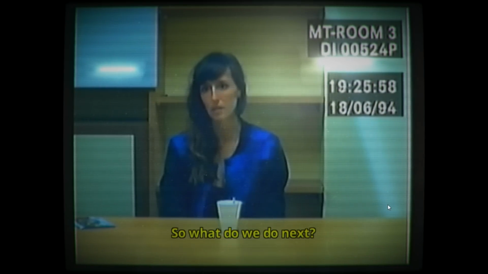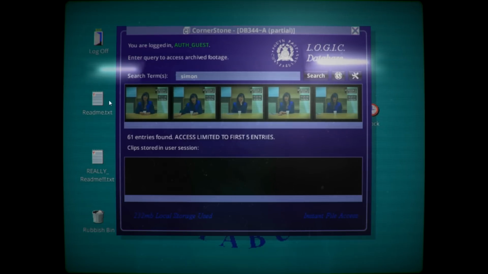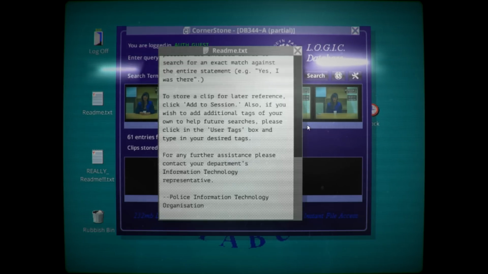So what do we do next? Okay, so it was accident, and wouldn't run off. Okay, so that's those ones, and I wanted to go back to this little readme because I forgot what